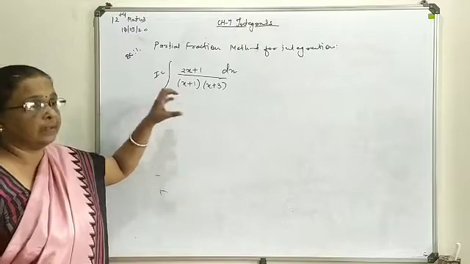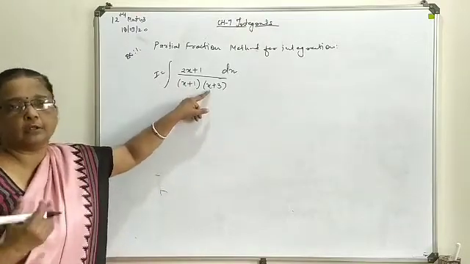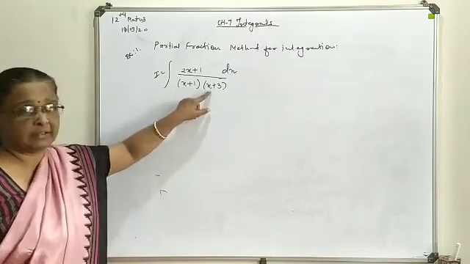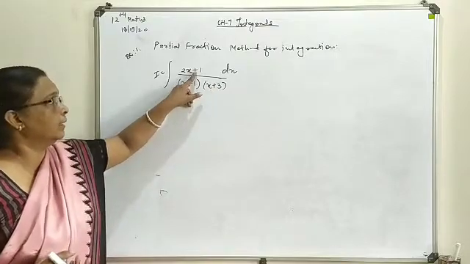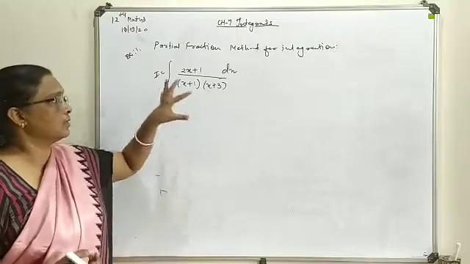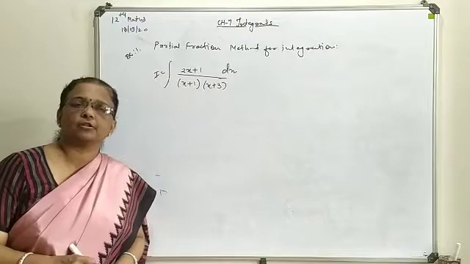Now here you can see the power of the denominator, how to check it out. Multiply them verbally, so you will have what the higher order is. So here in the denominator we are having x square, 2 as the maximum power, and in the numerator you are having 1 as the power. So this is available in a proper form. Now it can proceed for the partial fraction method.